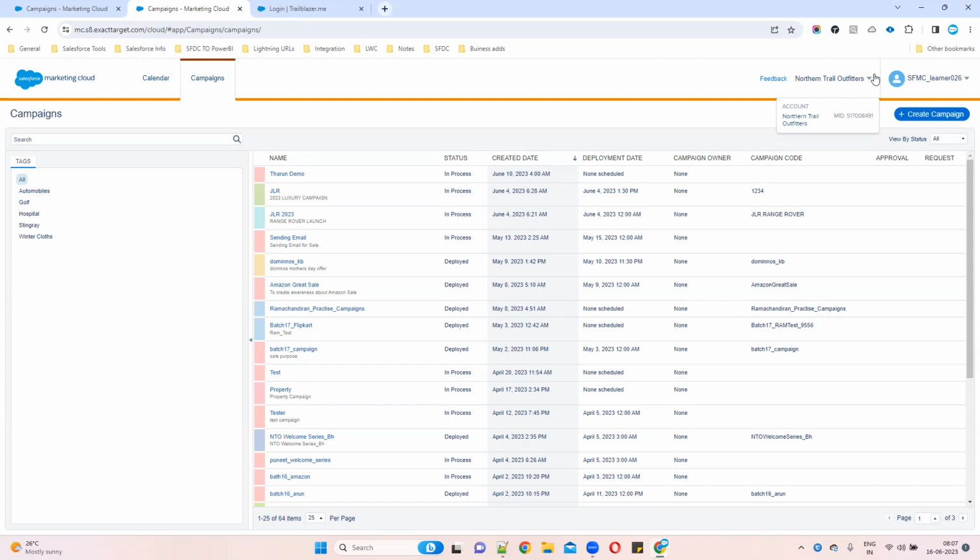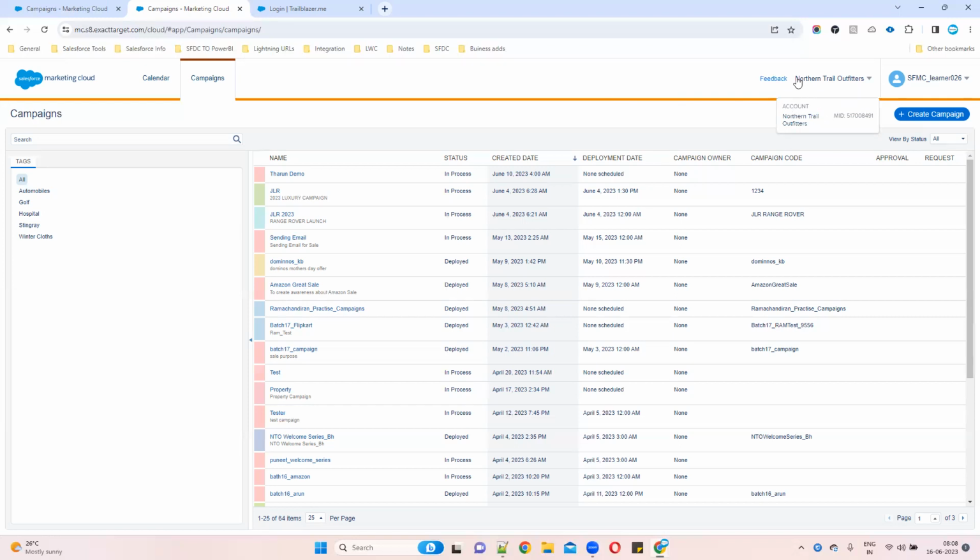This is the same as the application menu in Salesforce. You can see Sales, Service, all those applications, right? Similarly, if you click here, all the business units available can be seen here. And one more thing, you can assign business units also. For example, I'm currently logged in as Varaprasad, and I assigned only one business unit, that's why I'm seeing only one. For example, in this org I have 4 or 5 business units. If you want to assign all of them to one person, you should assign them, otherwise you cannot see them. Understand? Currently only one business unit is assigned, that's why I can see only one.